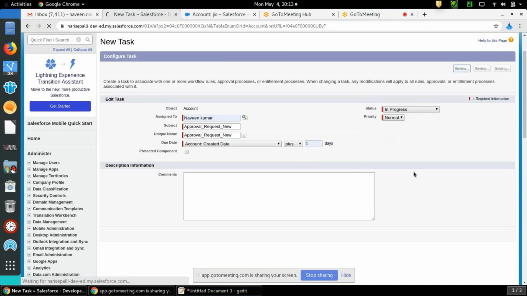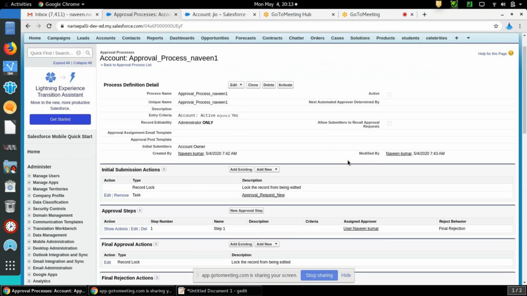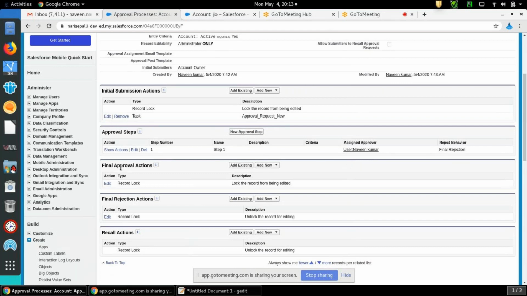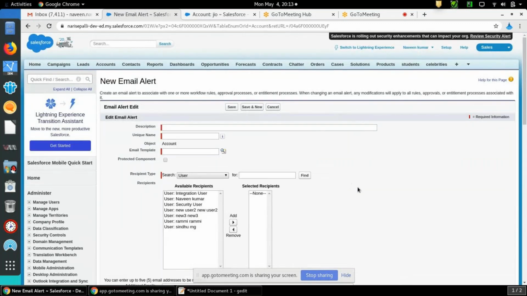And save. So whenever a user, the account owner, submits a request, it will add a task to me. In my home page, I will show it. So for approval steps, we have selected approvals here. Assigned approver is Naveen Kumar. So I want to add an action like an email alert. Whenever a user submits a request for approval, I should get an email notification.